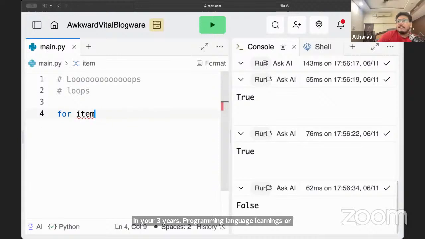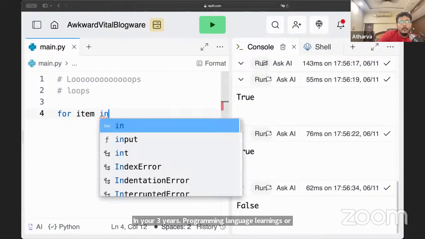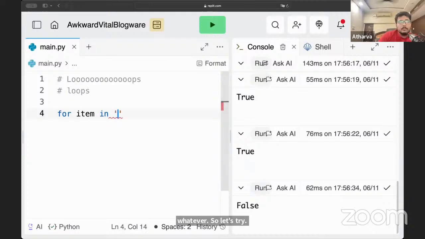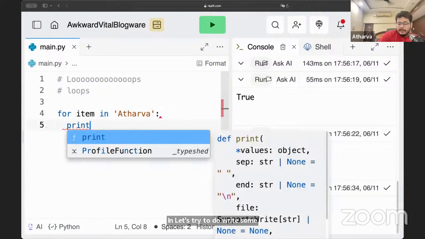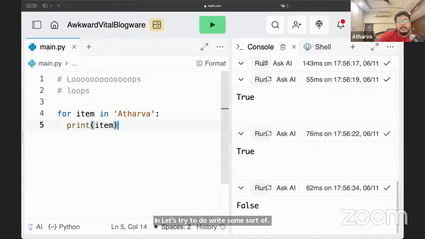So let's try a for in loop. Let's write some sort of string and try to print it, and let's see.